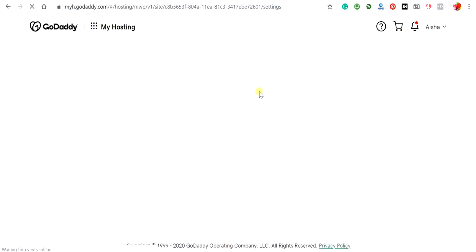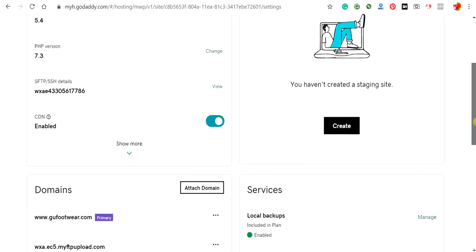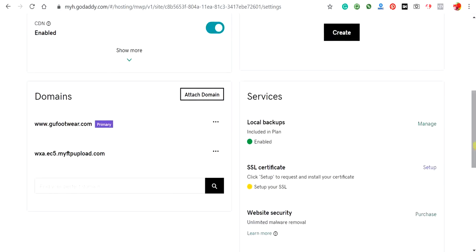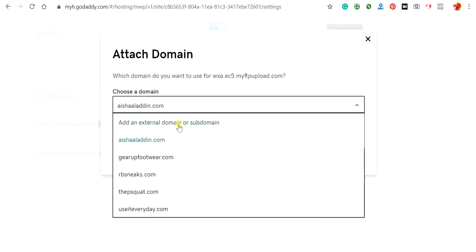But if you are just getting started to install WordPress on your domain name, you have to add your domain name on it. So to do that, you come down here and then click on attach domain. Then you will see the list of domain names that you have bought in your Godaddy account,